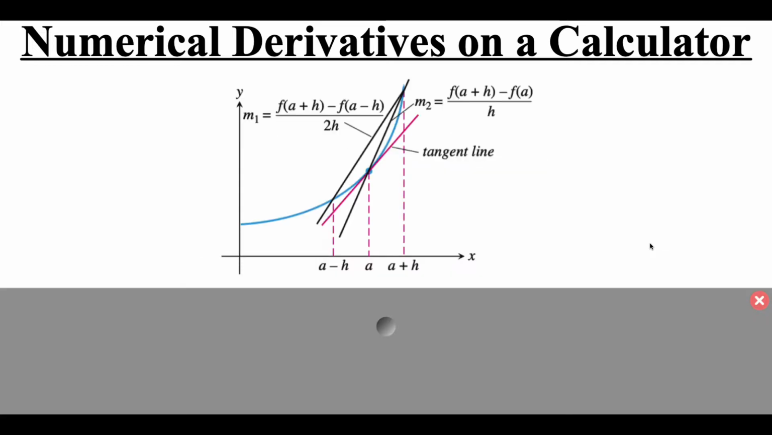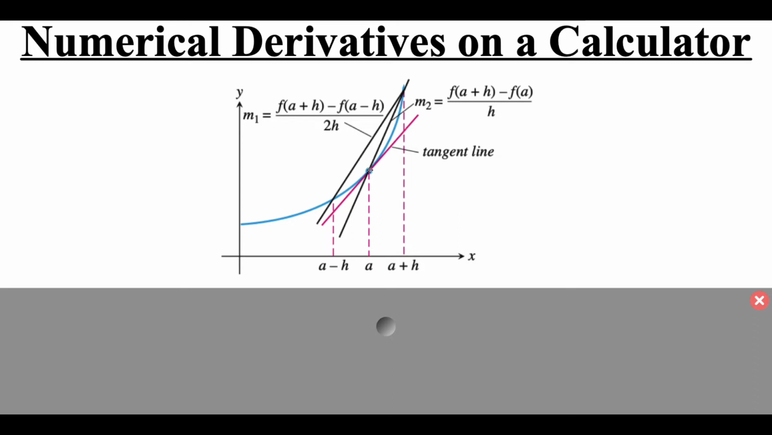So visually what's happening here, say we've got this blue curve. This pink line in here is the true tangent line at that x value of a. This first black line going directly through that point, that's the difference quotient, so the f of a plus h minus f of a all over h. But then there's this other symmetric difference quotient where we go that h distance to the left